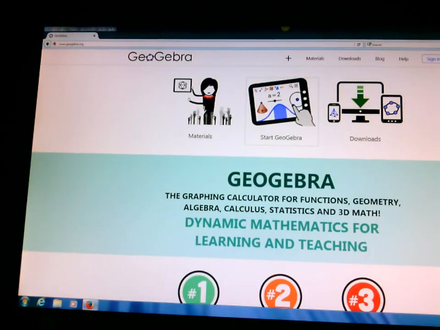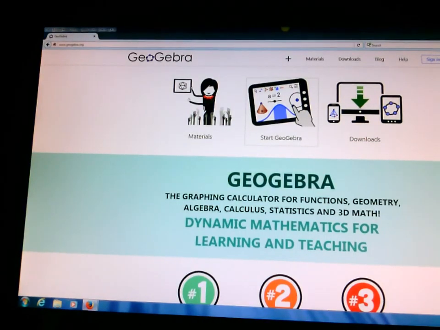Okay, in this video we're going to use GeoGebra to construct an angle bisector, and then we're going to look at a conjecture we can make about angle bisectors and review the given facts so that you can then prove that. So again, I started by going to